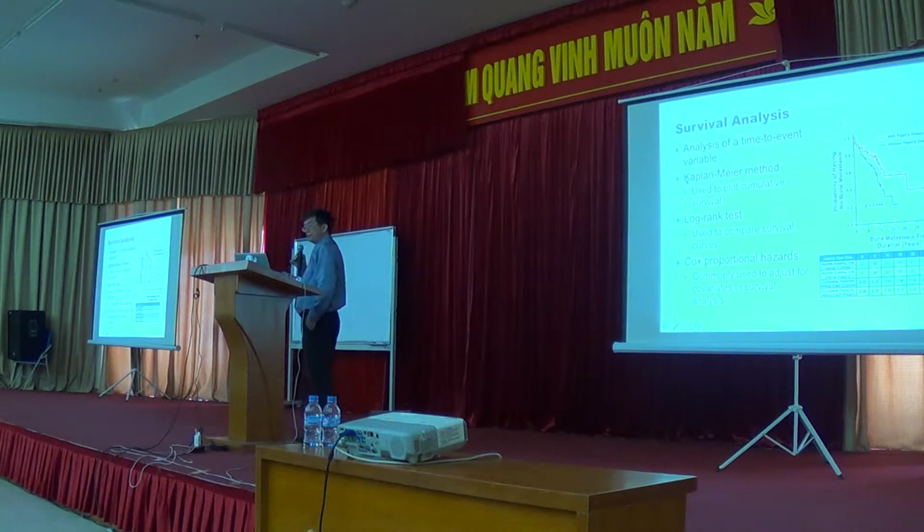Time to event analysis. Very often we refer to it as the survival analysis. When we deal with animals or humans, or when we look at carcinogenesis, or we look at the effectiveness of treatment in terms of how long the mice or the animal or the patient can survive, we use this method called Kaplan-Meier method. Kaplan-Meier method basically is a modeling that models the time to event, the risk or the probability of an event is happening